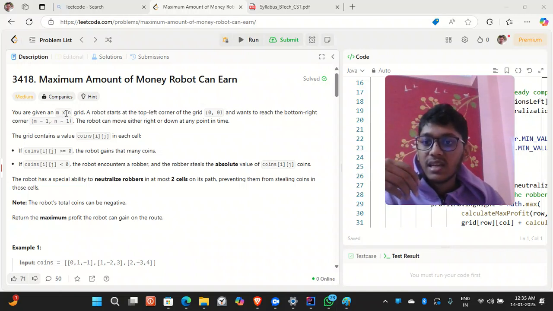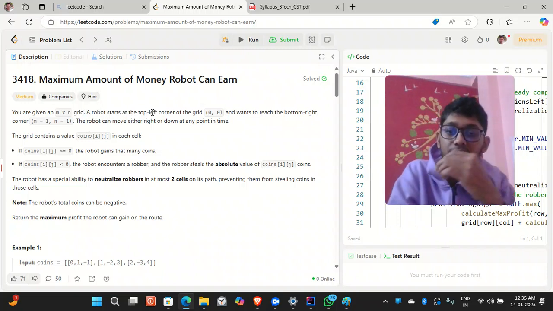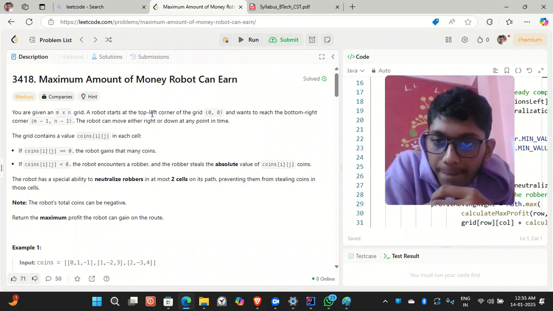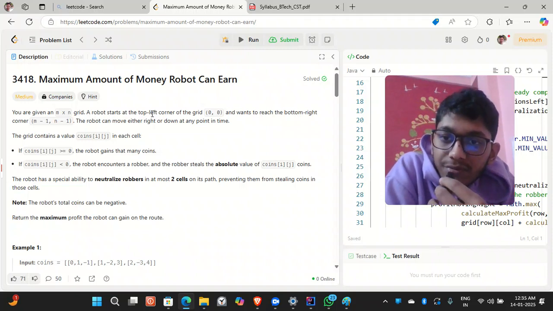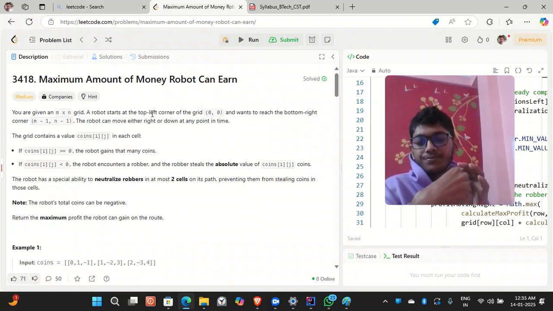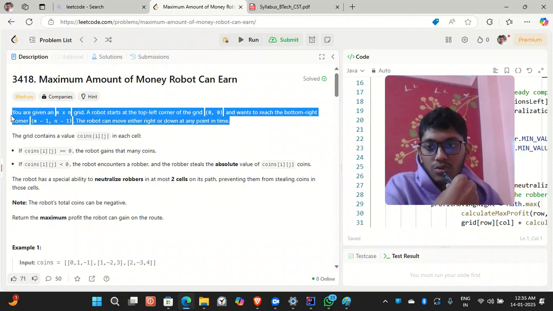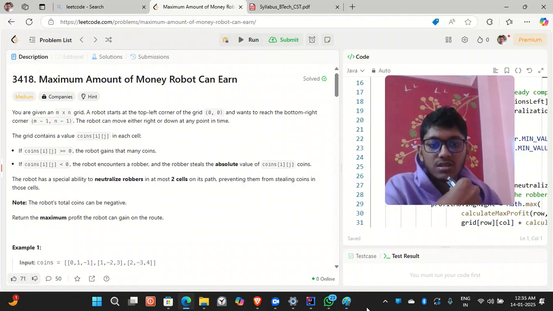So you are given an M cross N grid or matrix. A robot starts at the top left corner of the grid. Okay, the robot starts from the top left corner, grid 0 0, and wants to reach the bottom right corner. The robot can either move right or down at any point in time. So what we have understood by reading these lines,